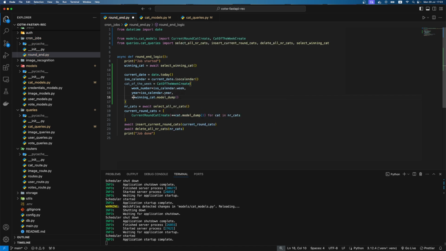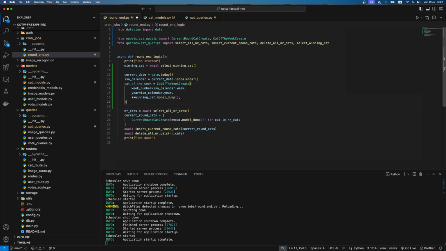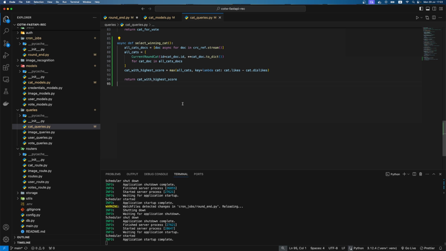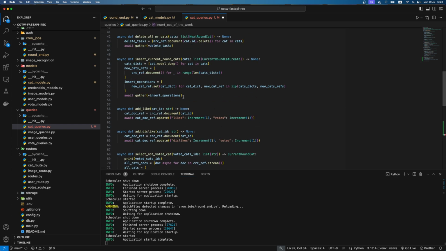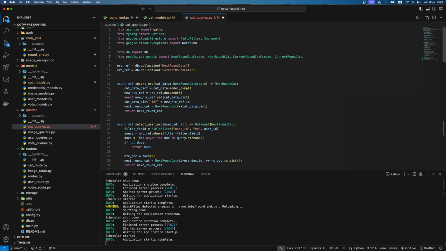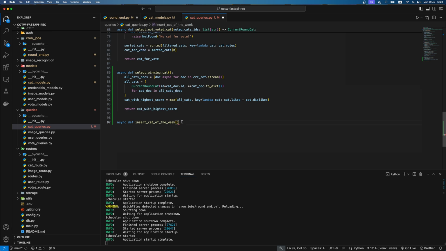Okay, and we receive the cat of the week, and right now we have to write the query for inserting the cat of the week. Again, we will go here, and we need here this cat of the week create and cat of the week, but we will not return anything for now